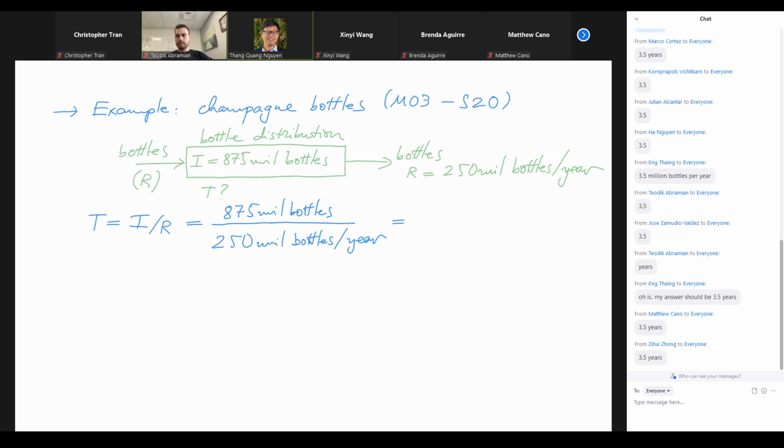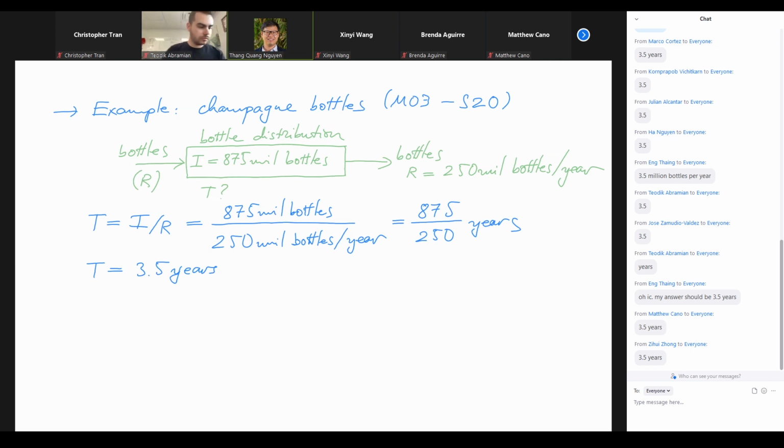The year is in the denominator of another denominator, so it's going to be flipped up, right? So the next step is 875 divided by 250 years. So finally, our answer is 3.5 years,